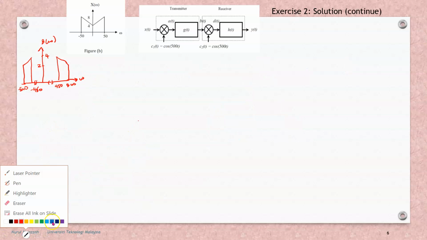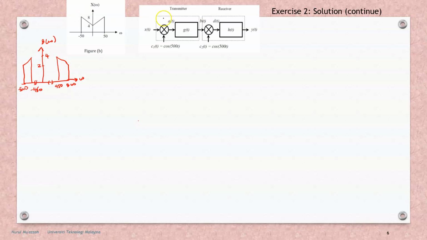To sketch the spectrum for D omega, we know that D omega is B(t) demodulated with carrier signal number 2, C2(t), cos 500t. I will draw B omega again here that we obtained before for your reference. For d(t), it is better for us to write the equation first. So d(t) is equal to b(t)